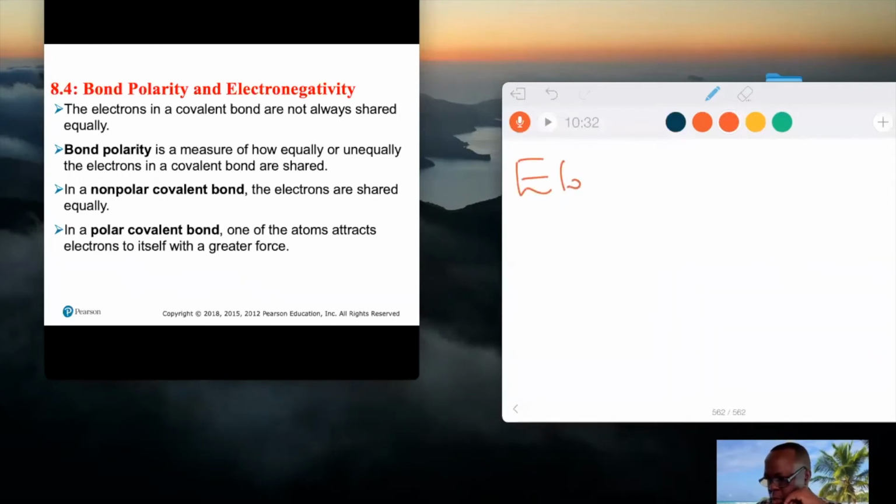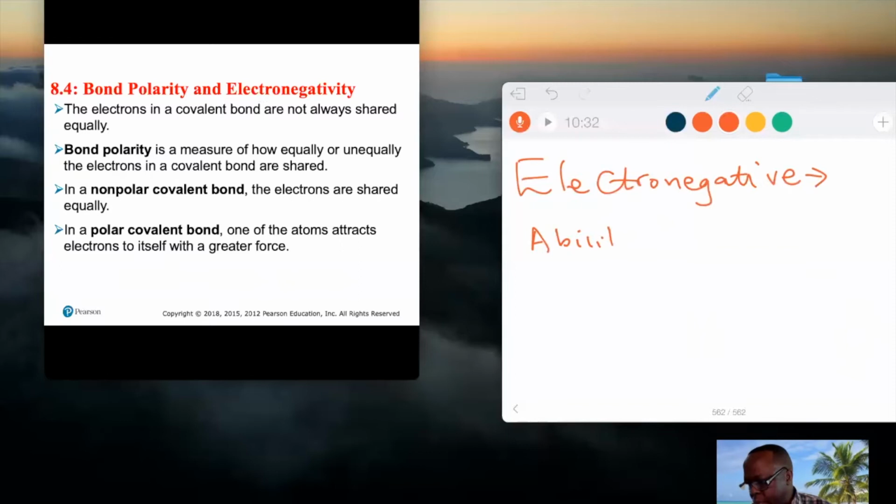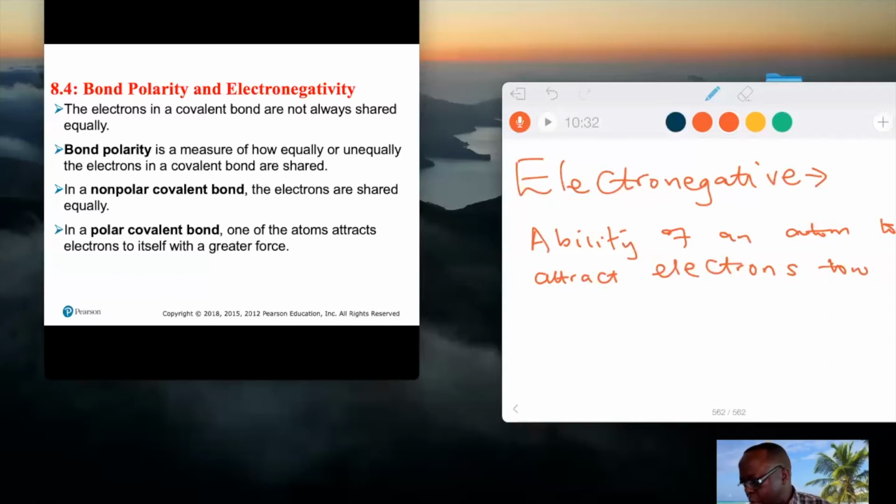There is a trend on the periodic table. This is a trend on the periodic table and is defined as electronegativity, is defined as the ability of an atom to attract electrons towards